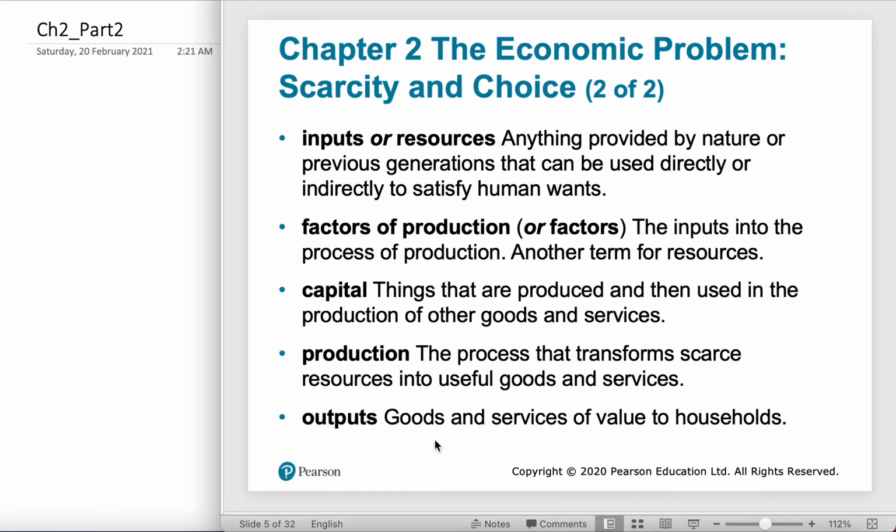definitions of some economic terminologies: inputs and outputs on the other side. Inputs, or resources, which are scarce, so we are giving a definition for them, or factors of production, we call it land, labor, capital. And capital has been defined here as things that are produced and then used in production, so it's machines and equipment. Production is a process of transforming scarce resources into goods and services, and the outputs are going to be goods and services which have value to the households, who are the consumers. Not all the concepts we discussed are presented here, but these are some of the key definitions you need to